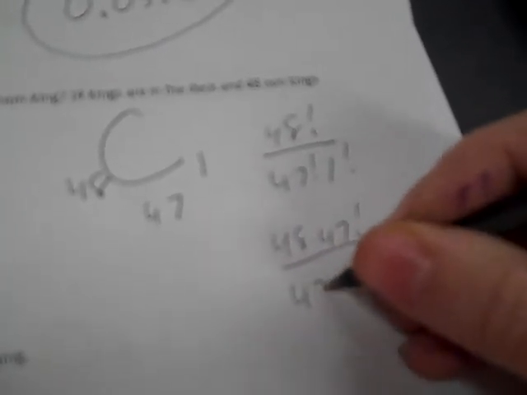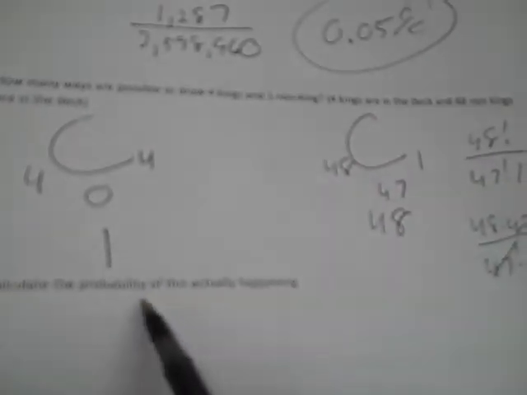Now, this one we probably want to do just to see it. 48, and then 47, and 1. So I go 48 times 47. The 47s cancel, and then it's 1. 48 divided by 1 is 48. Now, you multiply the 2. 1 times 48 is 48. So if there's 48 of the hands that have 4 kings, well, there's